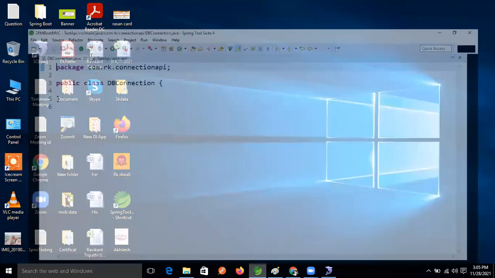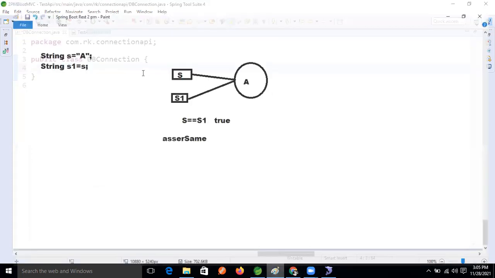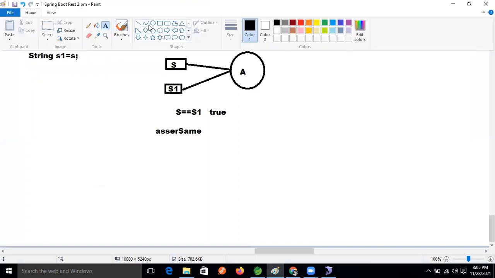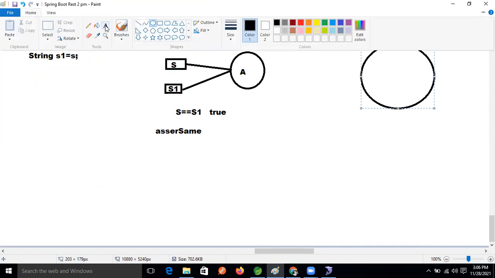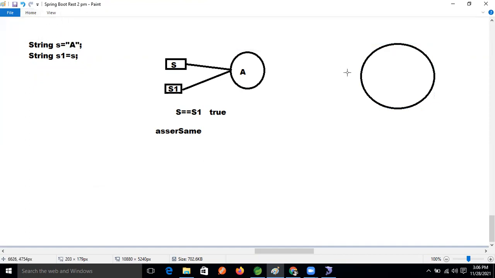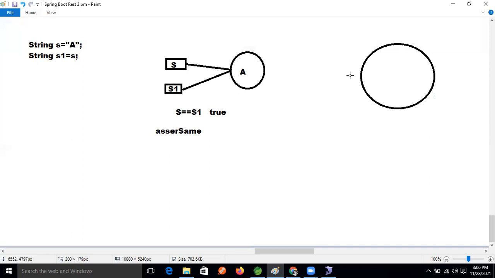Come here. So this is the API, and we are going to write the API. Just see this: this is the database connection, and this database connection is a Singleton. If we are using this connection, we need to make it a Singleton, and then we will use this connection everywhere we need it in the project.